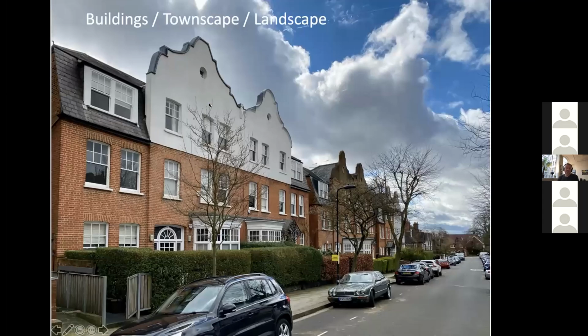But again, just on the architectural diversity, there are influences from all around the world, really. So we have the sort of Queen Anne stuff, but Dutch gables quite common in the area. The modern building we saw earlier obviously draws on European modernism and sort of progressive 20th century movements in architecture. So we see a lot of these different influences, and